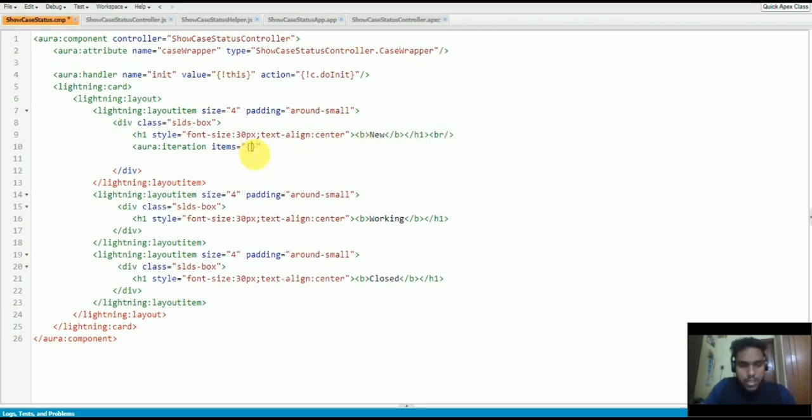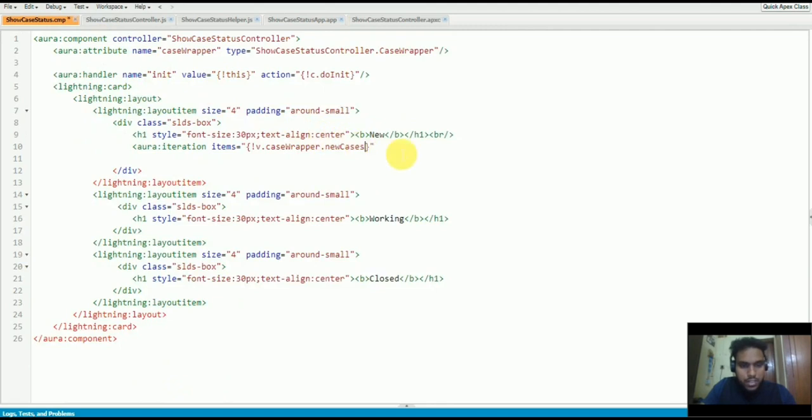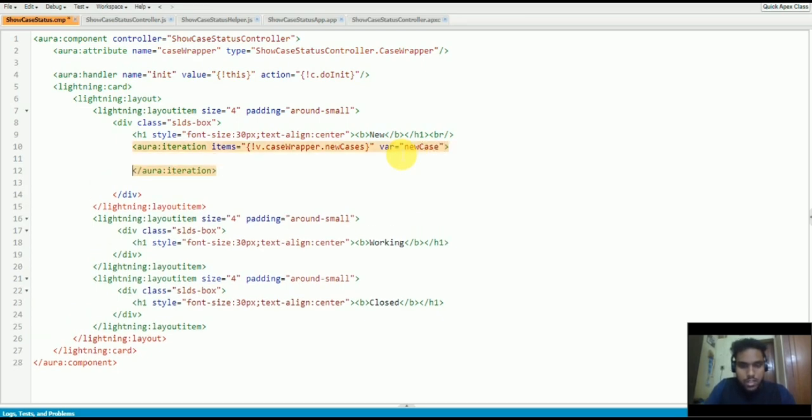So basically we are displaying all the new cases in this section, right? That's the reason I'm going to use this caseWrapper dot. All the new cases are stored in this variable called caseWrapper.newCases. Just copy it, and the variable I'm going to give it as newCase.